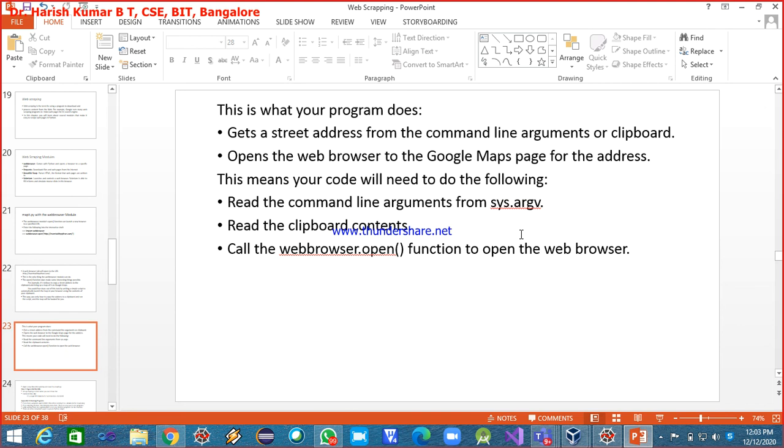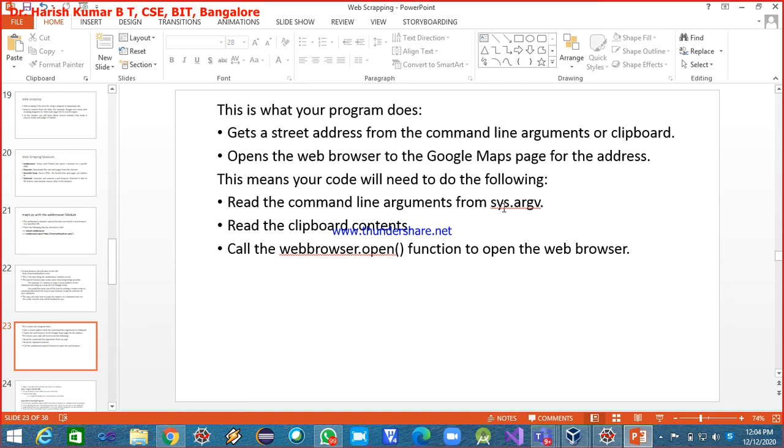Argument count and argument vector. I hope people remember that; I don't know whether you studied it or not. Okay, sir. Yeah. Argument count and argument vector. What is argument count? It holds the count of the command line arguments, and argument vector holds the command line arguments itself. And something similar in Python can be done by using sys.argv, argument vector.